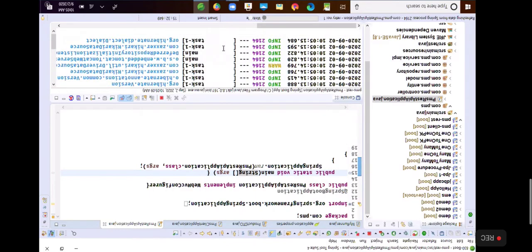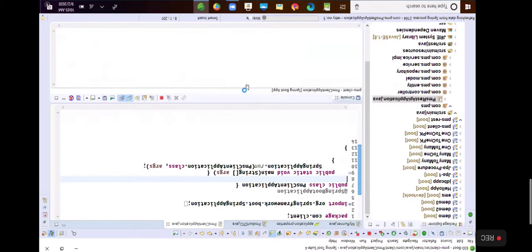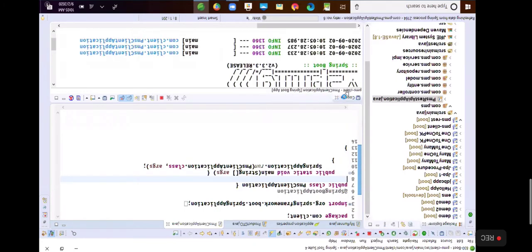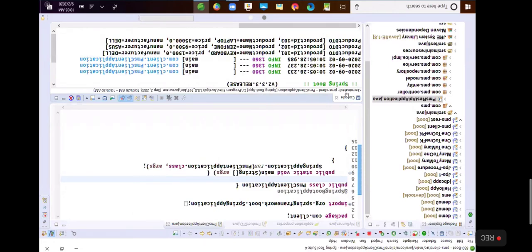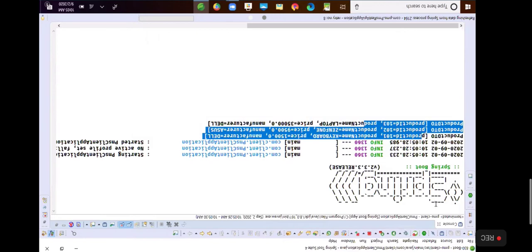Now the REST application is running. Now I will run the client application, because the server is running, the 2324 port is running now. Now this is the client console. Now we can see you got all the products information on the PMS client application. Means this is not getting any exception now.